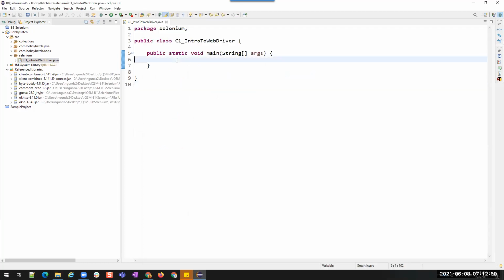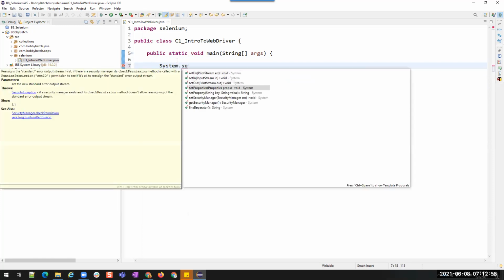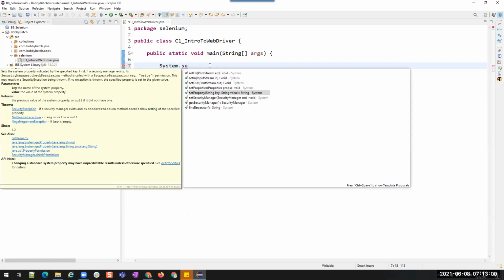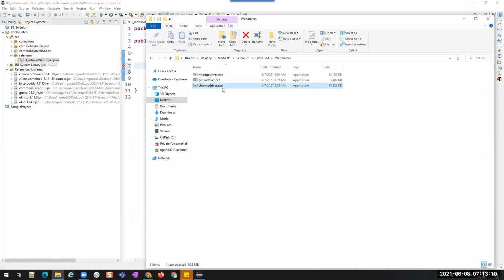So for that, we have one code: System dot set property. Okay. We have to use this. This is a mandatory line, System.setProperty, which takes 2 parameters. One is the key, and the other one is the value. Value is the path of your browser driver.